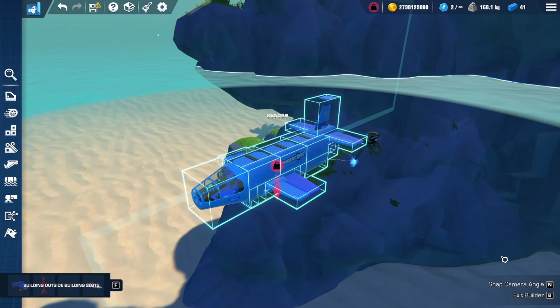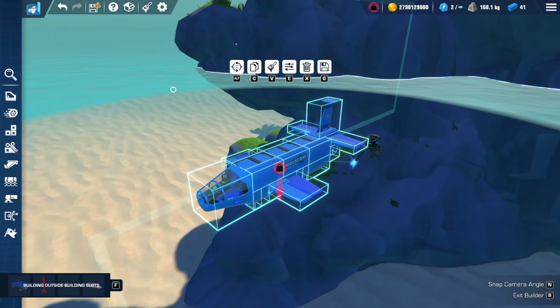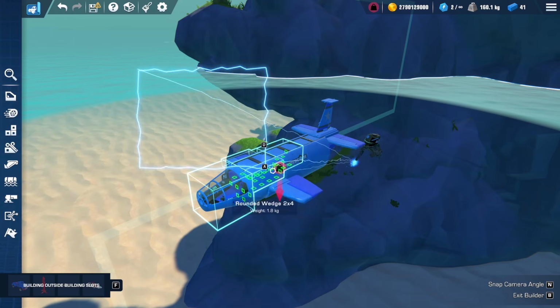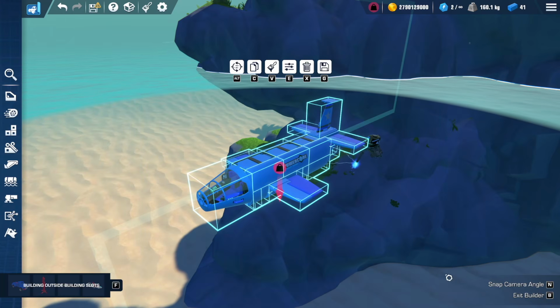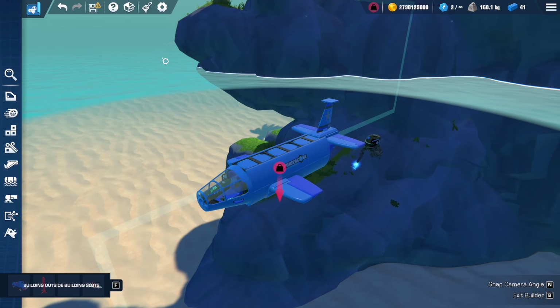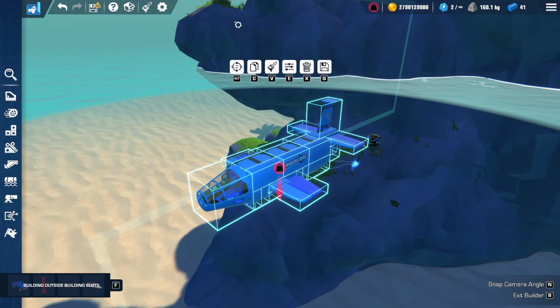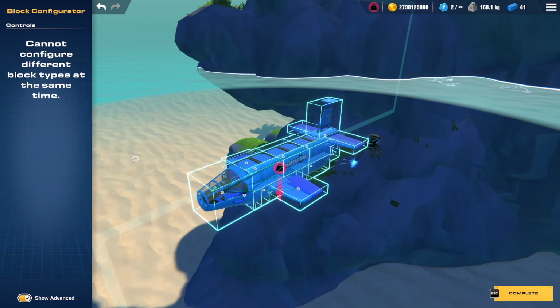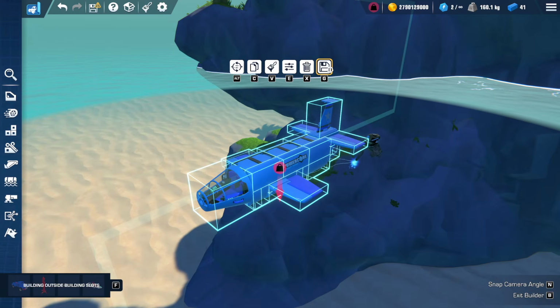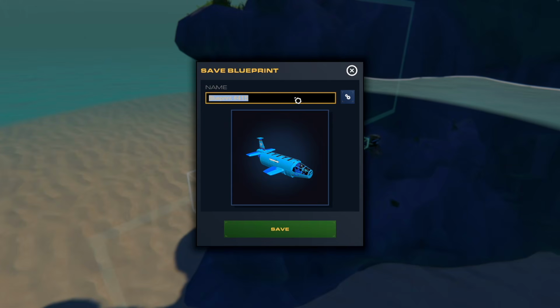I just have to now select it all, using the left click, hold, and select, or using controller, you just hold A and then drag with the joystick. So now you click save, and then let's call this basic plain